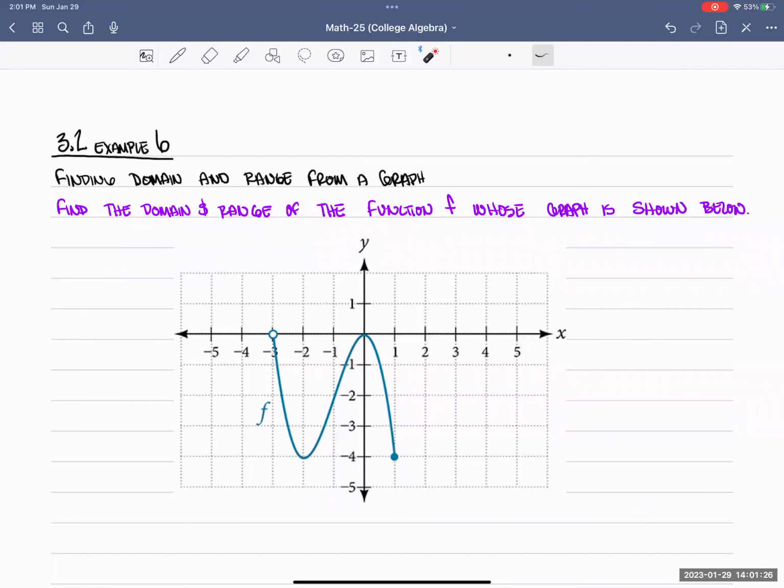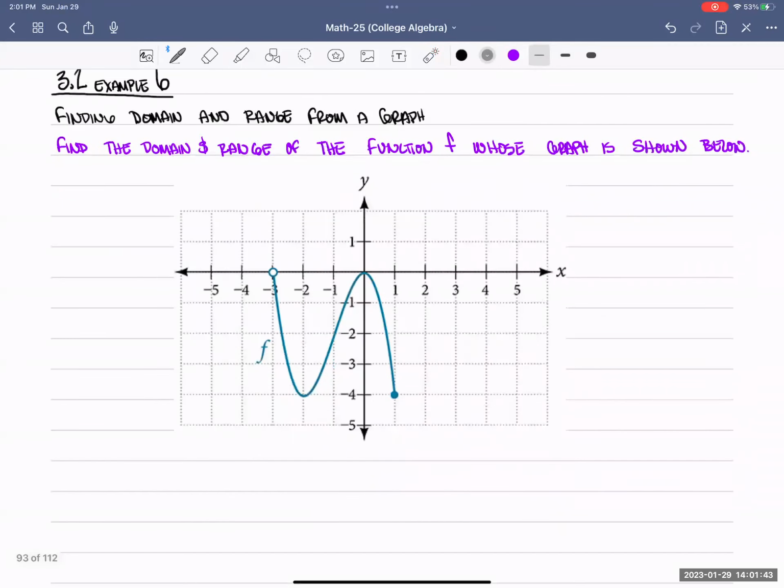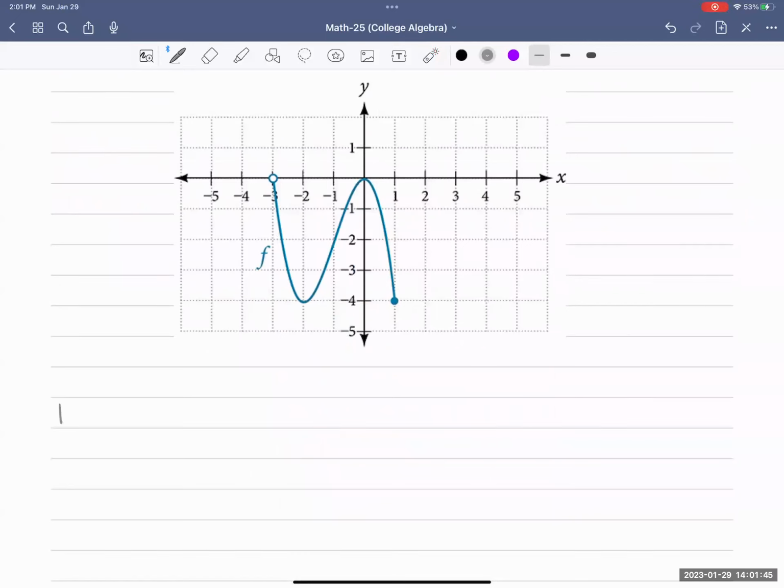Section 3.2, example 6, finding domain and range from a graph. Find the domain and range of the function f, whose graph is shown below. So from here, domain is all of our values of x, and our range is going to be all of our values of y. So from here, domain,